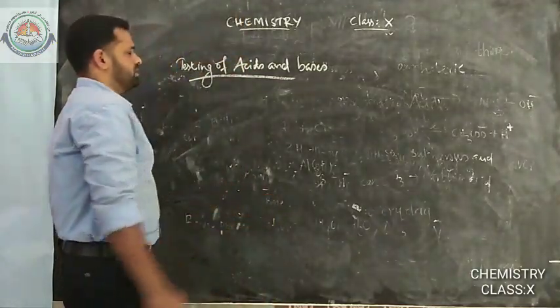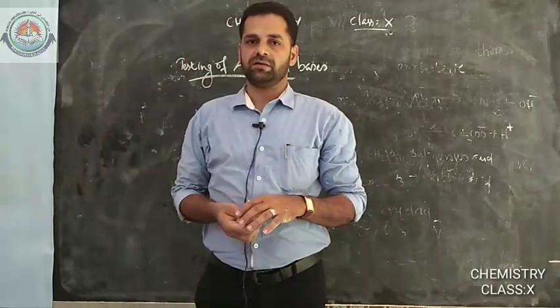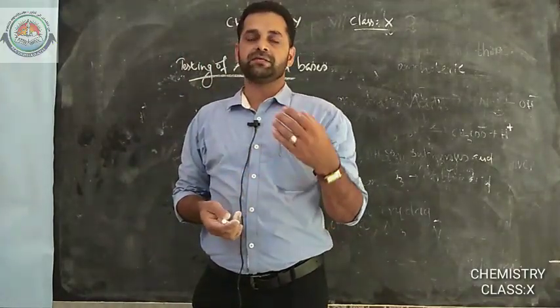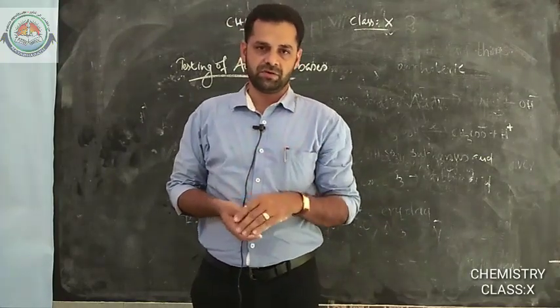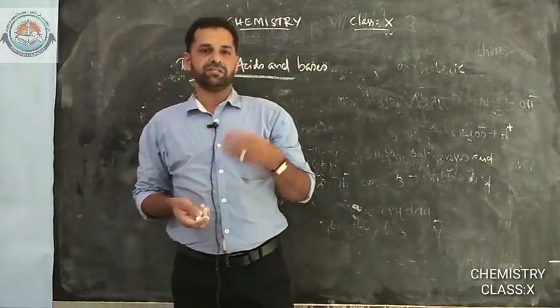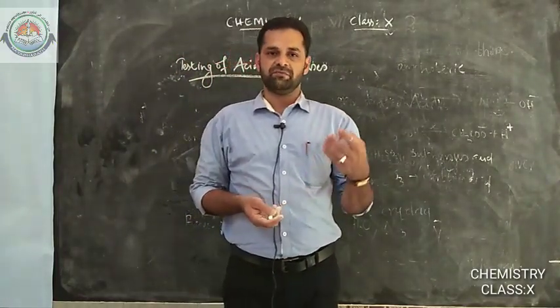We know we can test a chemical by simply tasting that substance. If it is sour in taste, it is acid. If it is bitter in taste, it is a base. But